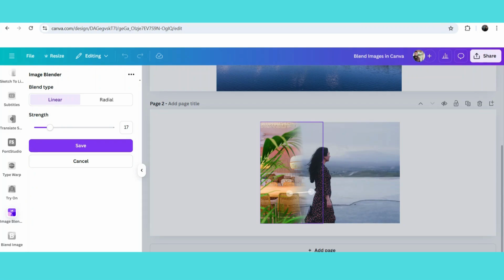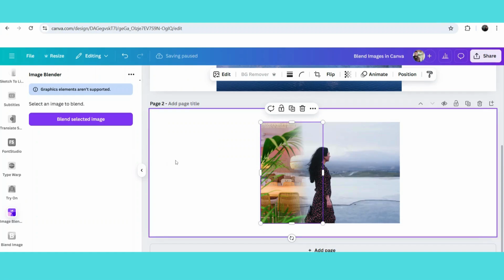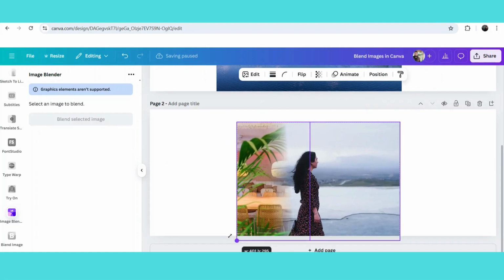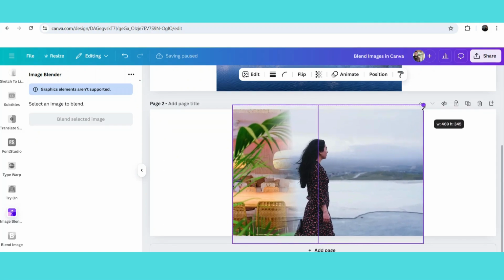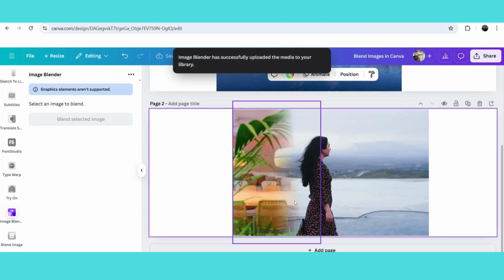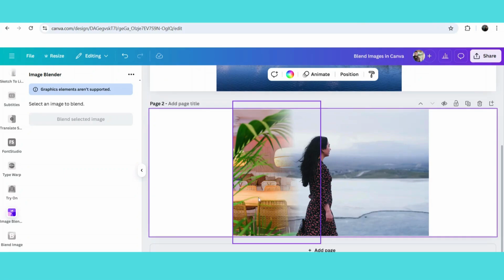So these are just examples of using this app, Image Blender. You can use it in any way you want, and show me your designs or your experiences of using this app in the comment section. So now you can see I have personally liked this effect, and this app